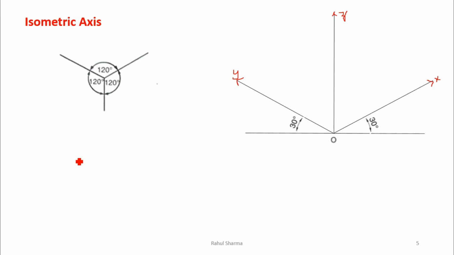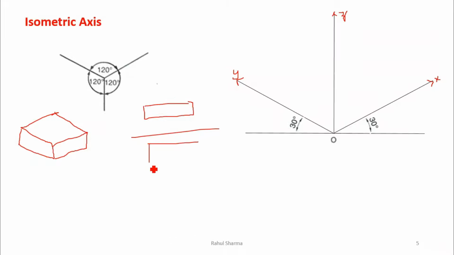Now when we have to make an object, let's say I'm taking one example, this is a box, and I have to make the isometric view of this box. It means I should hold it so that I can see its front view, top view, and side view, all. In orthography we have this front view, this one only, we have the top view, this one. I'm taking an easy example just to give you the idea. So this is the front view, this is the top view, and this is the side view, right?